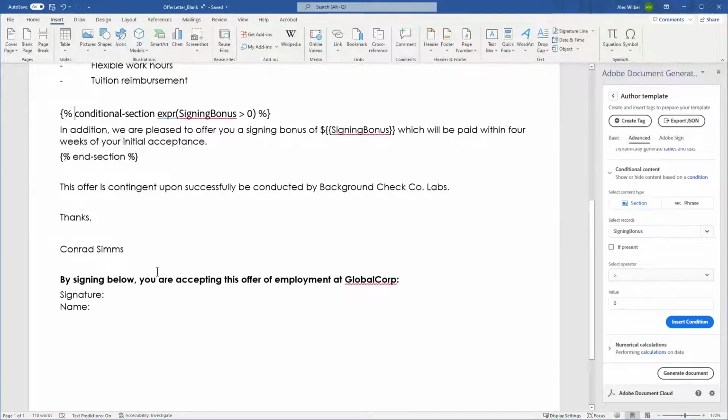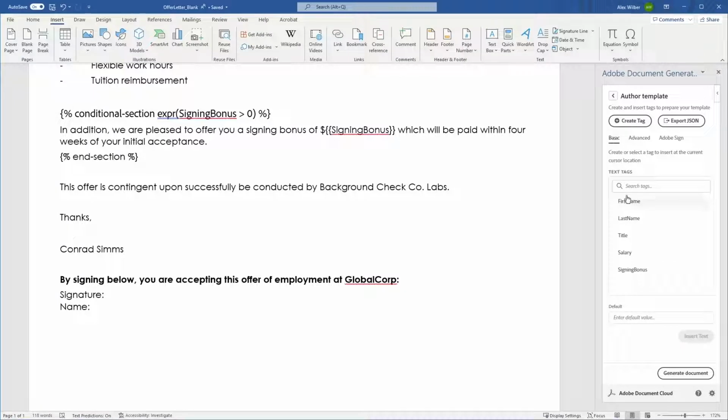So now if I scroll down here, we only have a couple more things that we want to add in here. We want to add the name. So let's just go back to our basic one more time here. We're going to add our first name and last name. And for our signature,